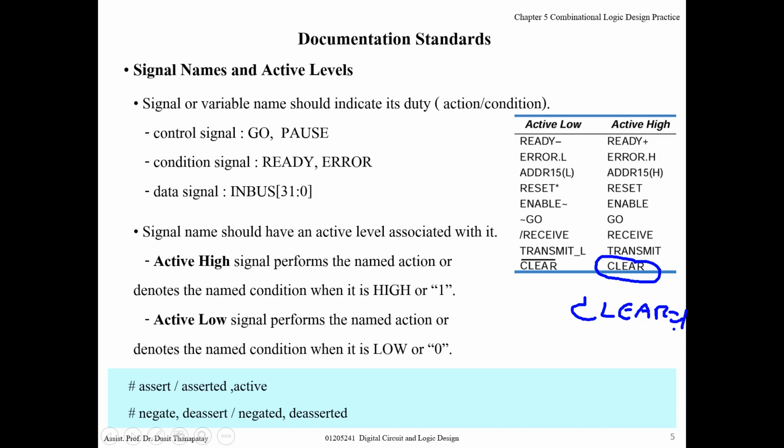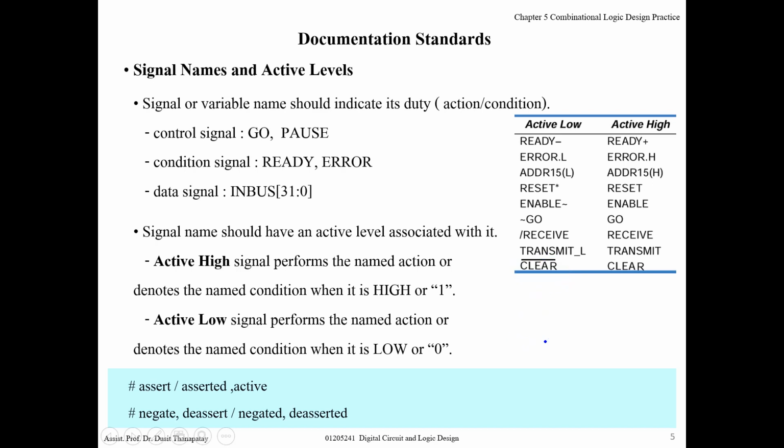This is called active high. It is active when the value is high. And for active low, something like this, clear: the circuit will clear the value when the value of this signal is low, or 0.